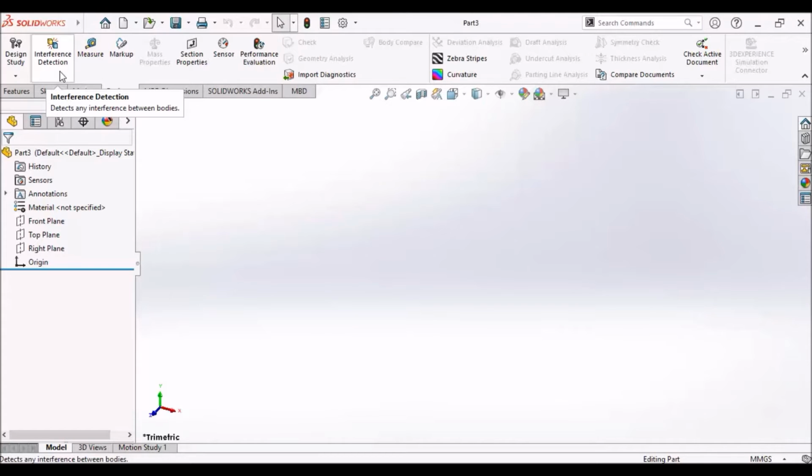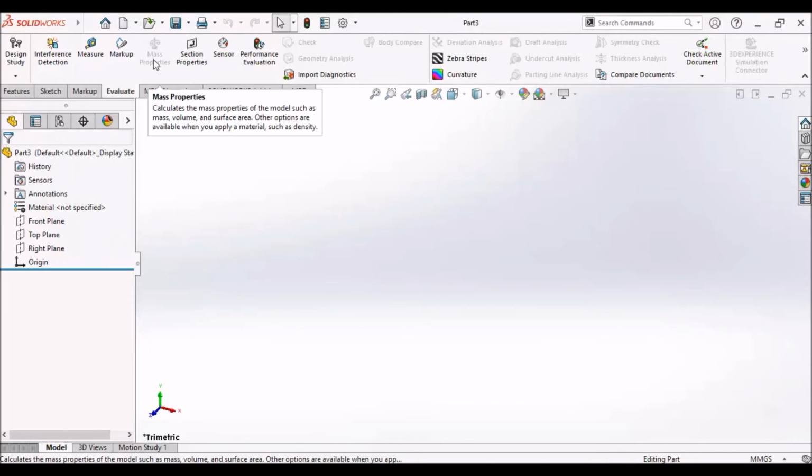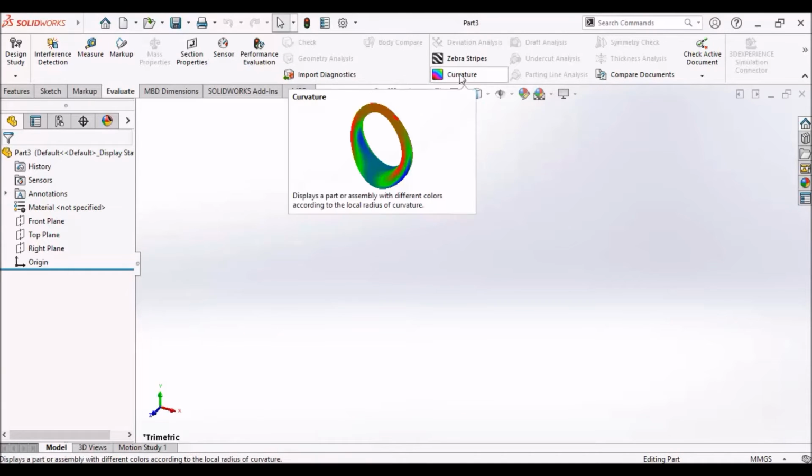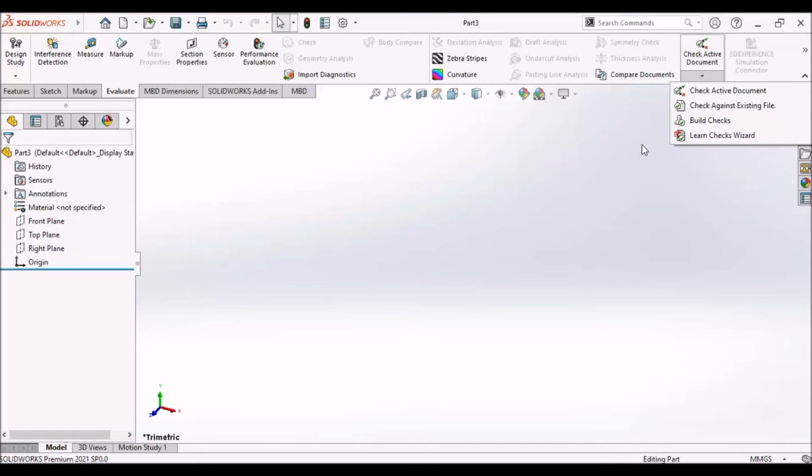We can detect these kinds of things. We can measure the length and height, and the coordinate system. We can also calculate the mass properties. We can also use the sensors to check whether the sensor is performing well or not, performance evaluation, important diagnostics like curvature and zebra stripes. There are a lot of things that we can really perform in solid modeling as well as hybrid